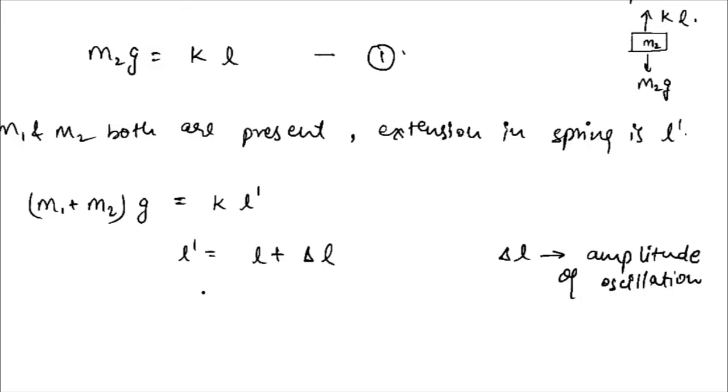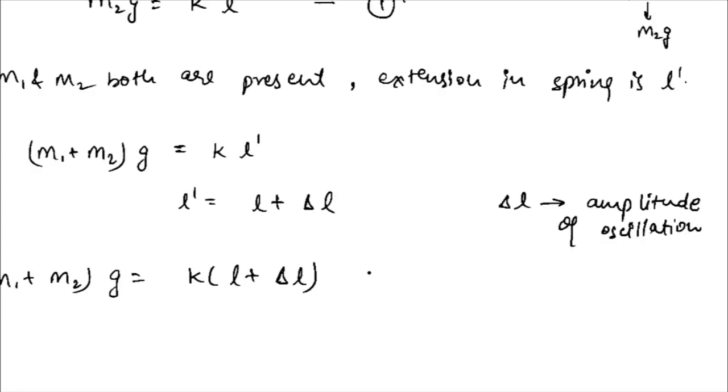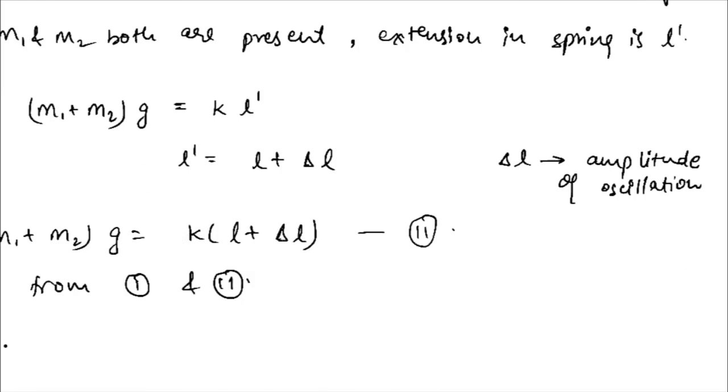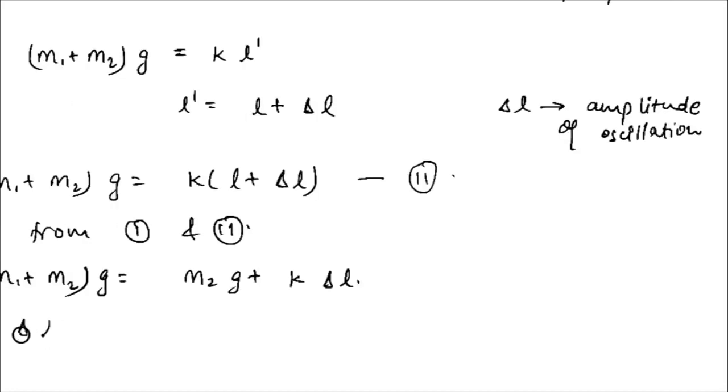Now we can put this equation into this one, so we can write that m1 plus m2 into g is equal to k times L plus del L. This is our equation 2, and we can write that from 1 and 2, putting the value of kL as m2g in this equation, m1 plus m2 into g is equal to m2g plus k times del L,